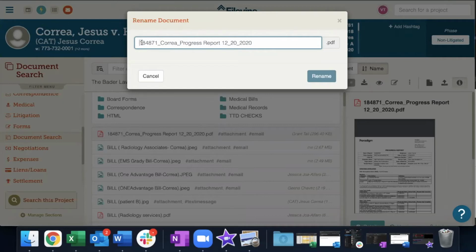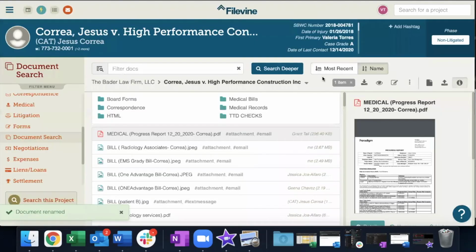So this is going to be a progress report on this client that was sent to us on 12/20. So I am going to go ahead and put medical because it is a medical record. That is the category. Then I'm going to leave what it is, the progress report. I'm going to leave the date of service, and I'm also going to add the last name of the client so that external vendors or individuals can actually figure out who this document actually belongs to. You're going to go ahead and click rename, and that should rename the document for you appropriately and leave it